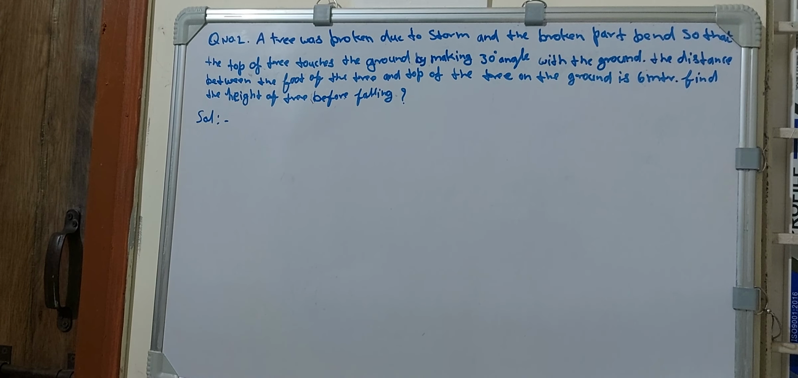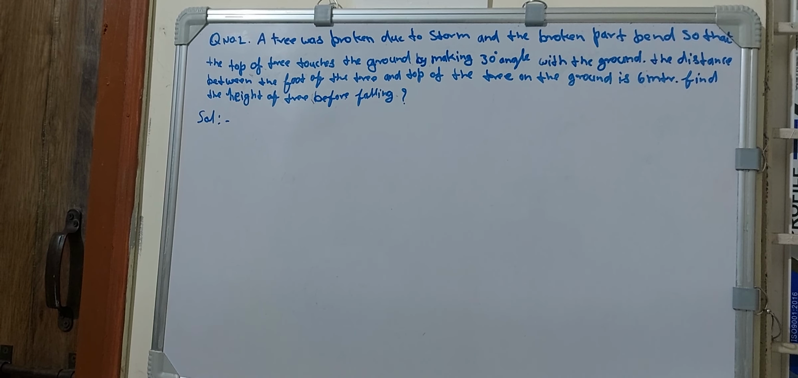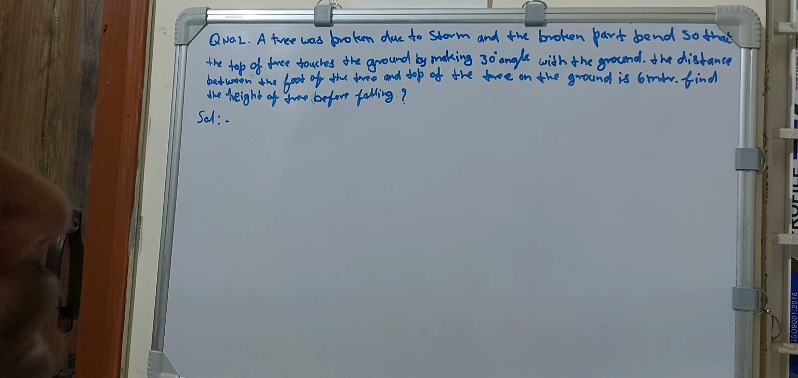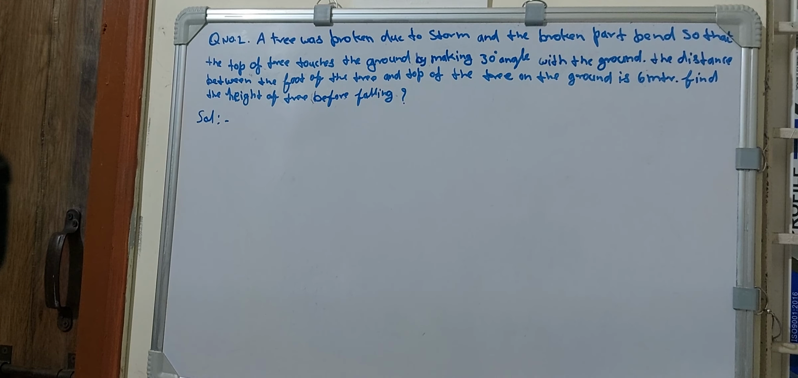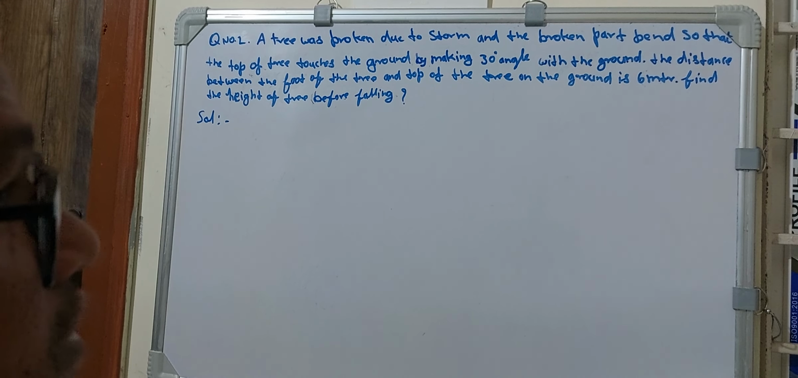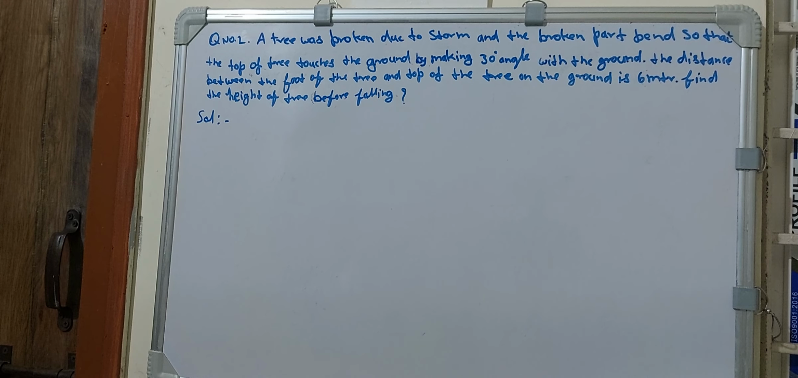So there is a question given. A tree was broken due to storm and the broken part bent so that the top of tree touches the ground by making 30-degree angle with the ground. The distance between the foot of the tree and top of the tree on the ground is 6 meters. Find the height of tree before falling. So in this question what we can do,